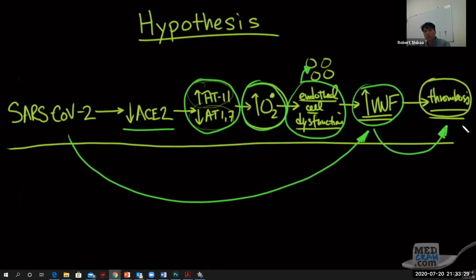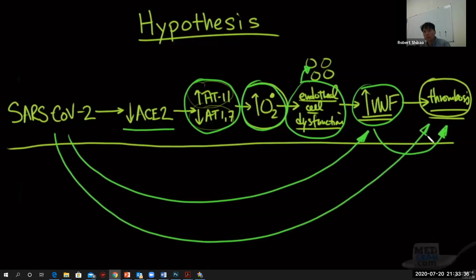And we also have good data that shows on autopsies that SARS-CoV-2 increases the amount of thrombosis. So yes, we are connecting the dots here. We don't know for a fact that this is happening in patients with COVID-19, but it seems very likely that this is the case. Let's take a look at some more data.